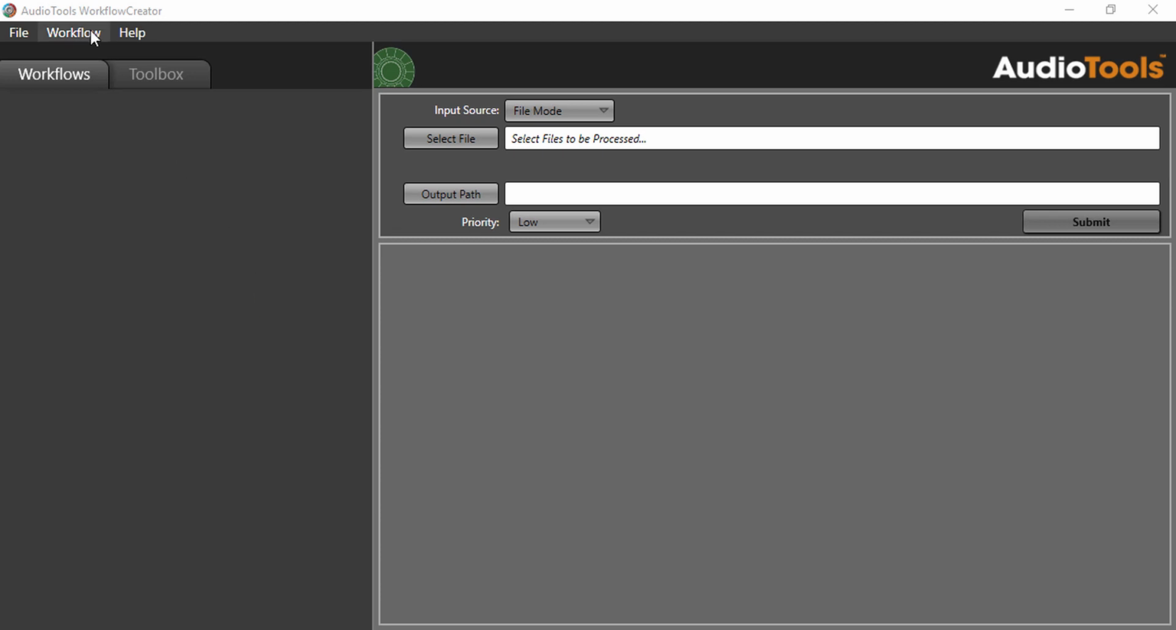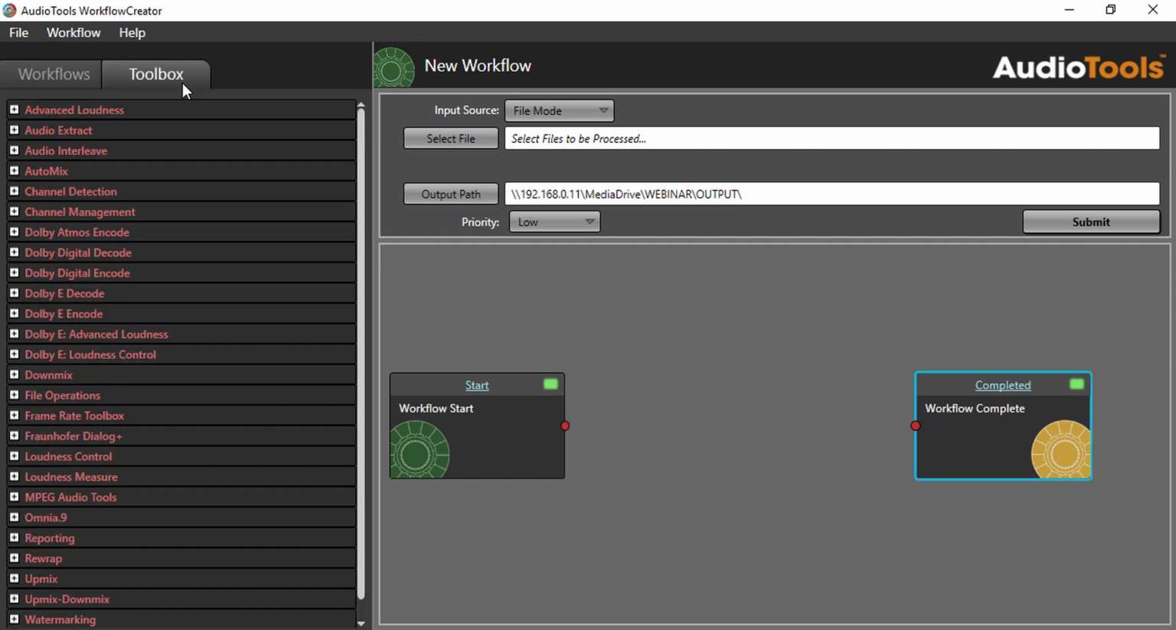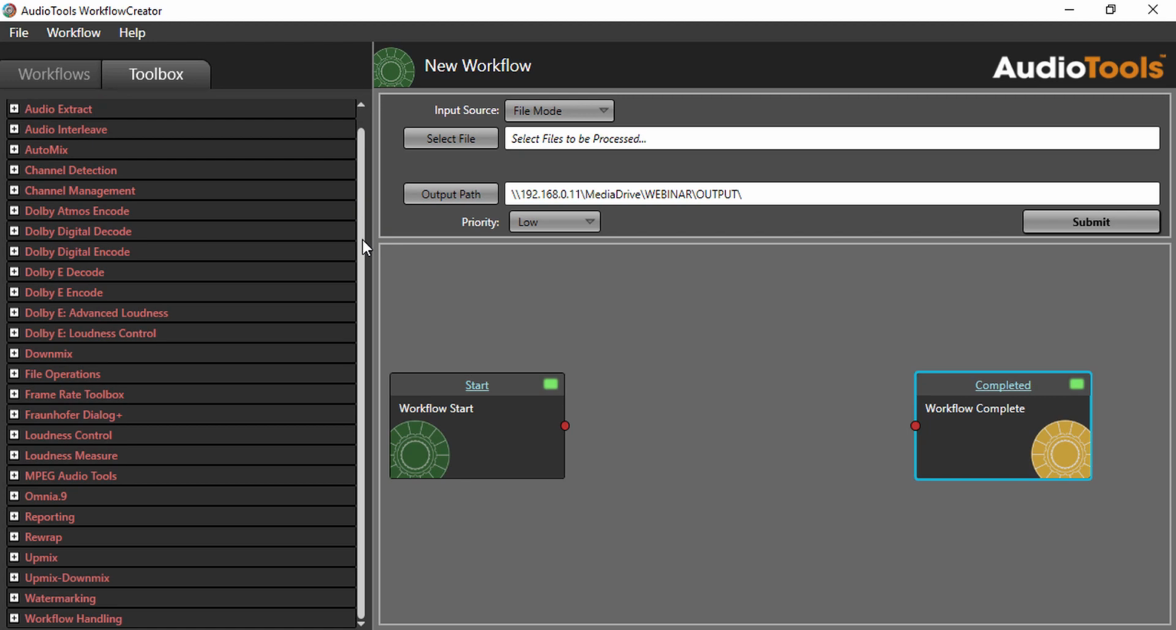To start, I'm going to click on New Workflow to create a new blank workflow. The new workflow has a couple of mandatory steps, workflow start and workflow complete, but basically everything in between is entirely down to you. To start adding the steps to the workflow, I need to first open the module toolbox. This gives me a list of all the available module options and covers a wide range of different AudioTools Server